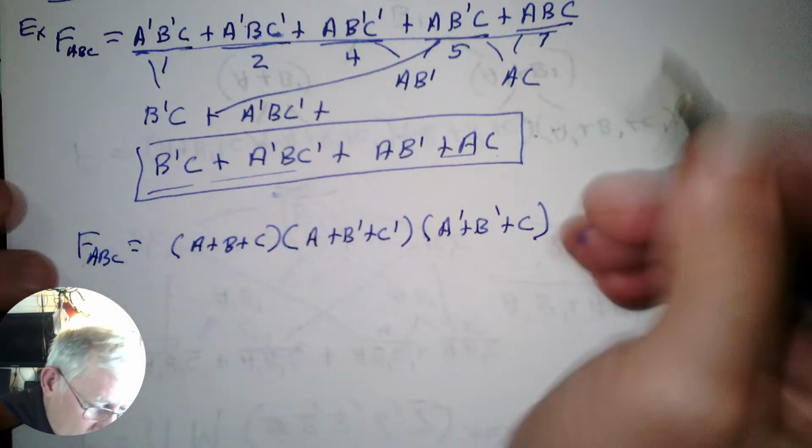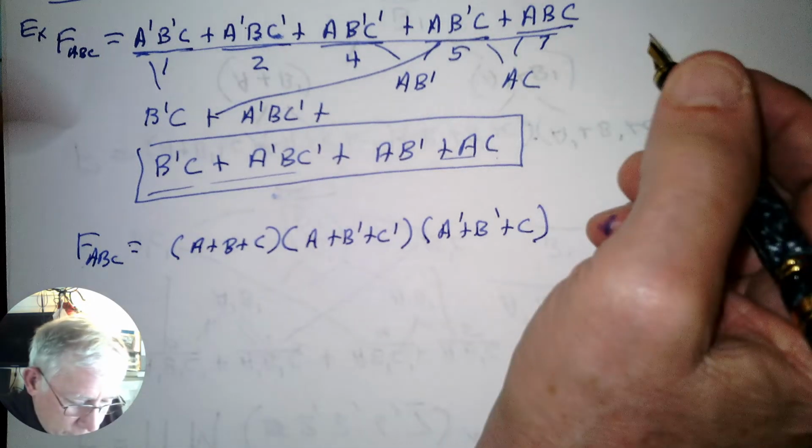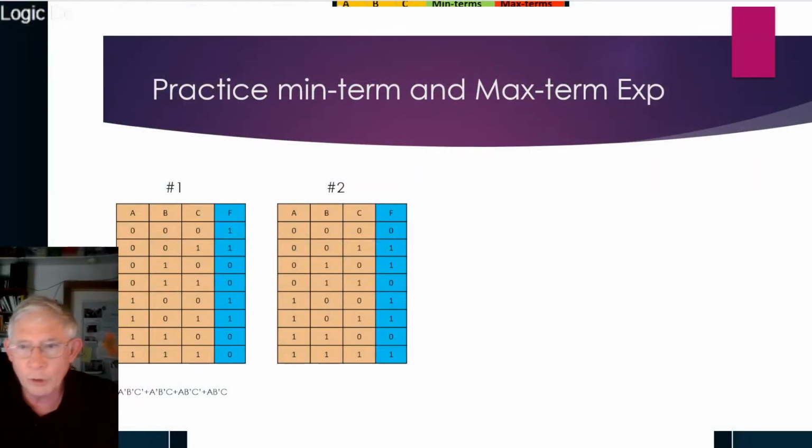Okay, I forgot to turn the camera back on, so I went ahead and worked this out. Let's see, where was I? I'm not sure. So I was working on, okay, let's go back so we can keep track of what we're doing. So we're working on this truth table here, and I'm going to do the standard min-term notation